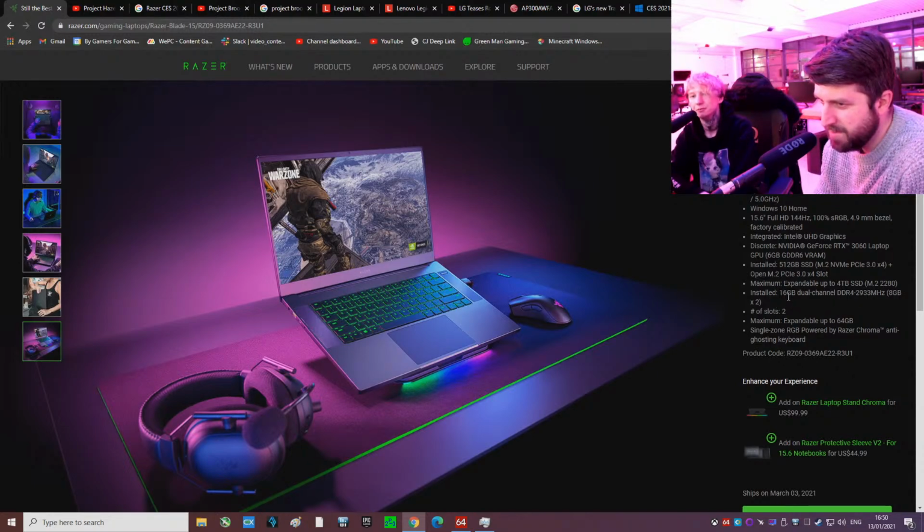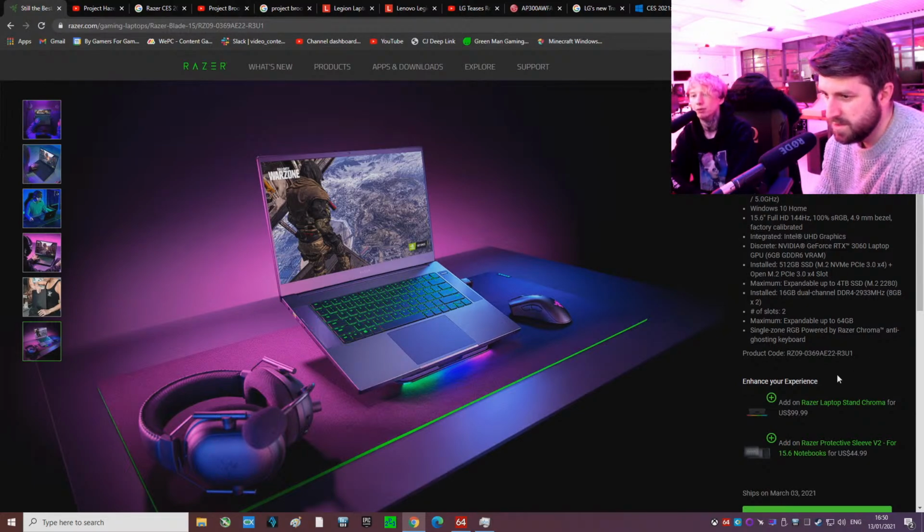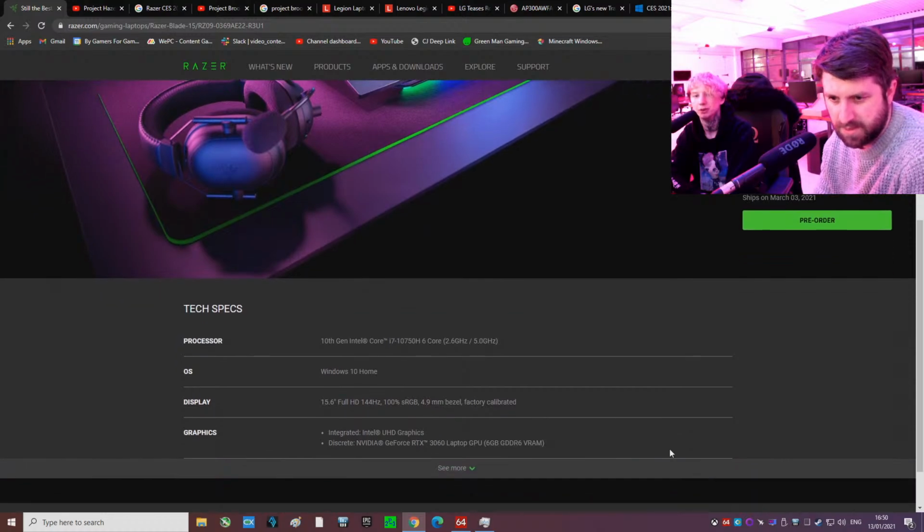Look at the RAM. It's 16 gigabyte dual channel DDR4, but it's 2933 megahertz, 2 8 gig sticks. It's laptop memory in it. I mean, you can expand it up to 64 gigs, but I'm assuming it's going to make the price a lot higher. Oh yeah, 100%. You can probably configure it on the website. To be fair, once it's fully released and everything, this should have